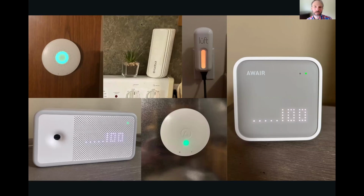And, while I cannot speak directly to the accuracy of any of these monitors, I can say that they respond and change and show results based on what is going on in a way that is consistent with the current situation in my particular home. And others I've spoken to say similar things. I'll be doing further training webinars on this topic for my IAQ results and others that we've been talking to,